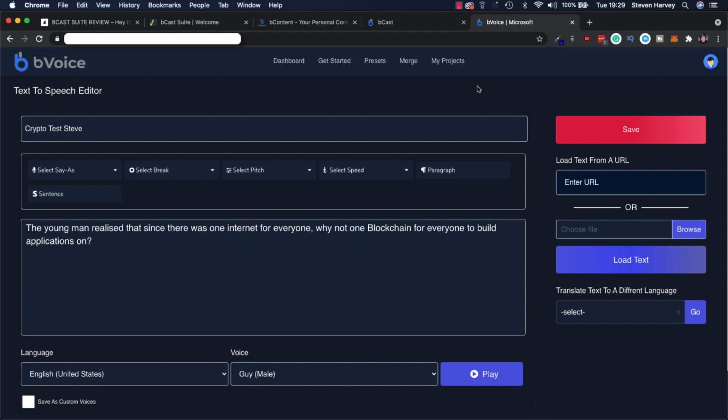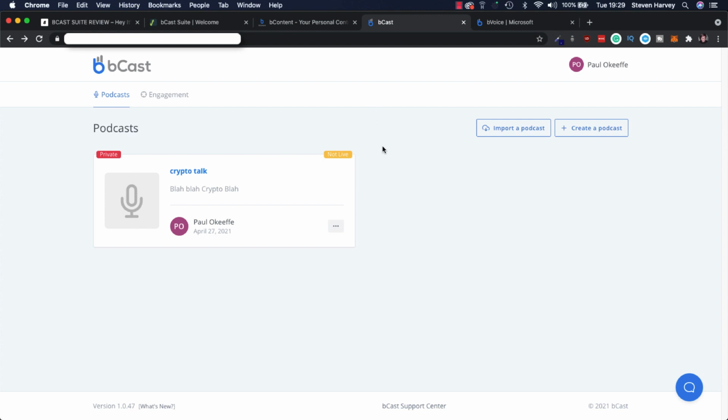So when you are happy with your audio recording, you then want to go into bCast. So you can import a podcast. If you've already got podcasts and you want to put them into bCast, you can do that, or we want to create a podcast from scratch. Okay, and this is where the magic happens. So I'm going to create a podcast now,